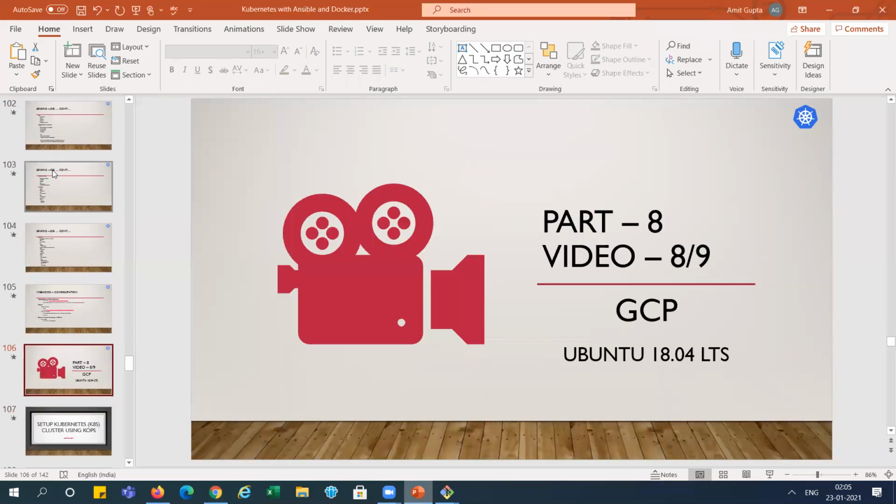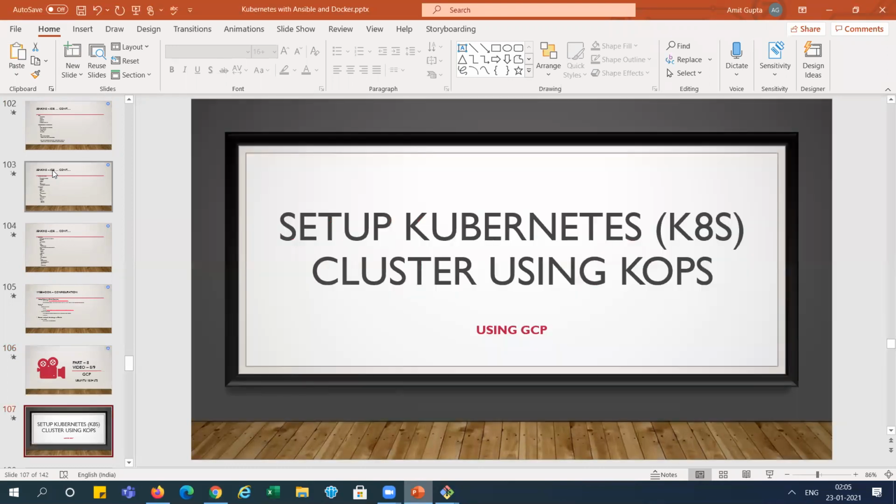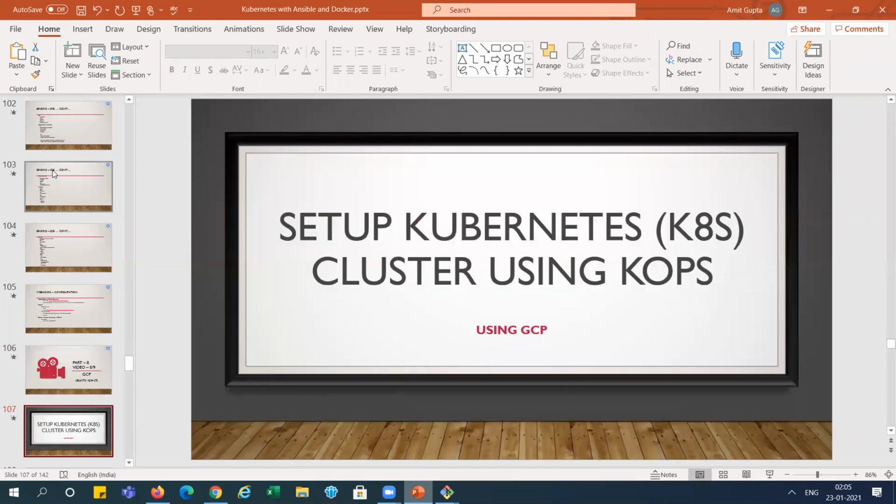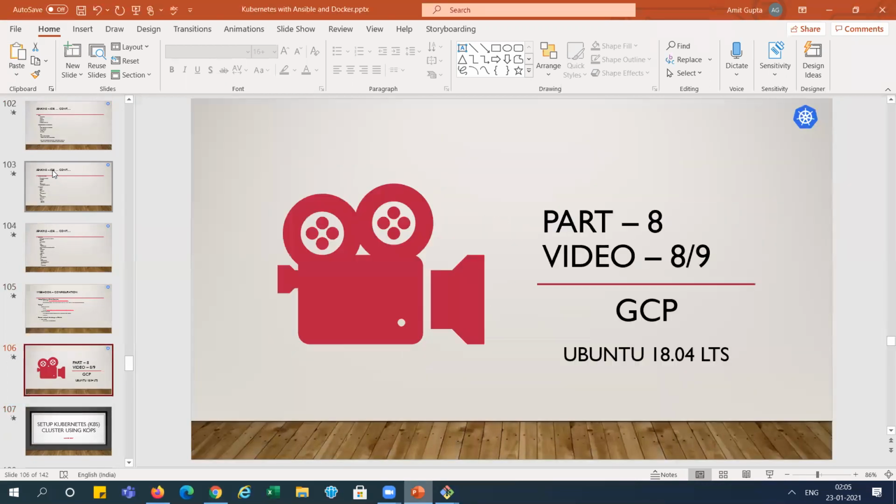Now, in the next demo, I will cover the same thing, creating the Kubernetes cluster and CI/CD pipeline on the GCP instance. These are videos 8 and 9, both on GCP. In the 8th I will create the cluster, and in the 9th I will deploy those things, automatic deployment on the same cluster using the GCP cloud, right?